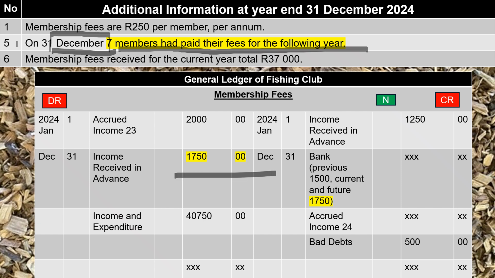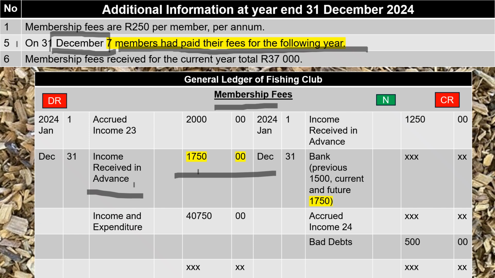So membership fees gets debited, and I'm not doing this account income received in advance. It would get credited. 7 members had paid their fees for the following year. So it's income received in advance, debit membership fees, and credit income received in advance, but we're only doing the